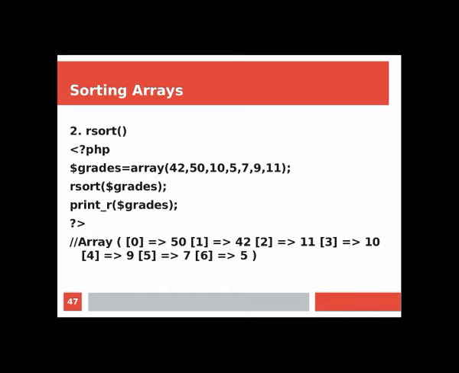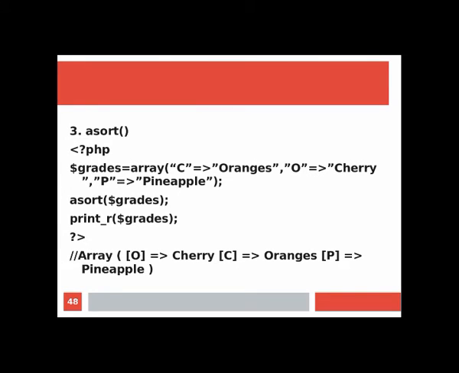So, remember that here. The next is asort. Here the asort function is identical to sort, that is, sorting the values of an array in ascending order. We saw already that. So here it is very identical to sort. But why do we say asort? Because the key-value correspondence is maintained here, which is not maintained in sort. So we will see in the example asort here in PHP, $grades equal to array